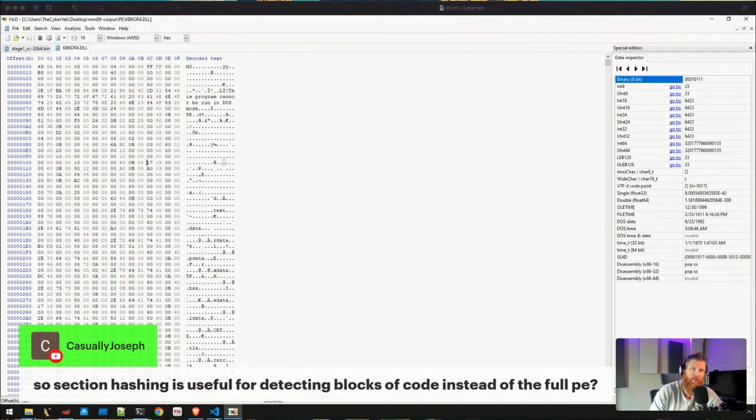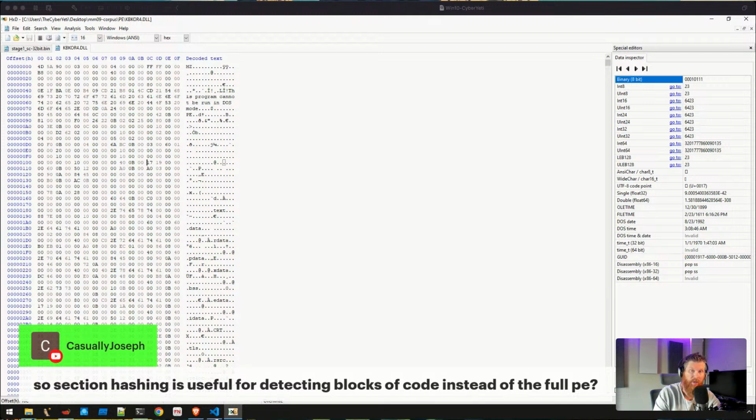So it's really up to you. It was just meant to be a discussion point to show that hashes can be applied beyond just the entirety of the file itself. Import hashes are another example.